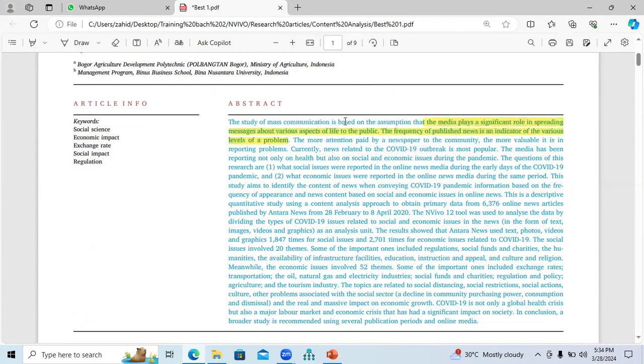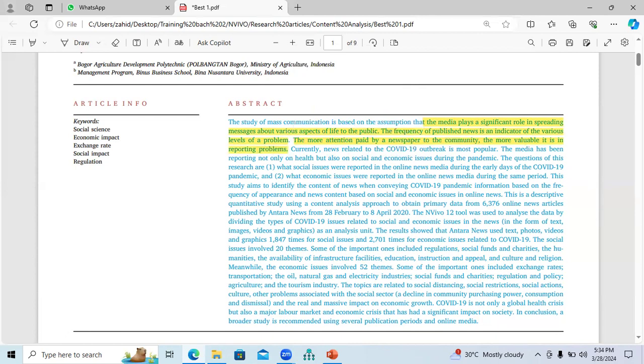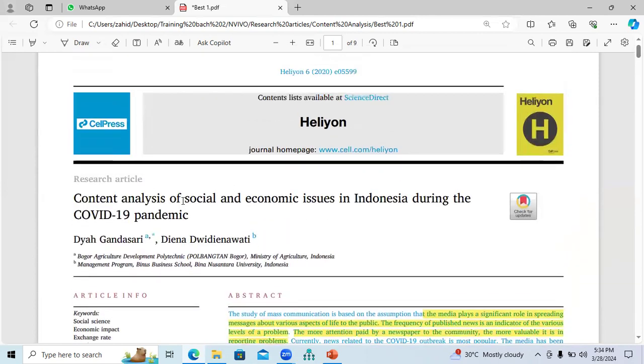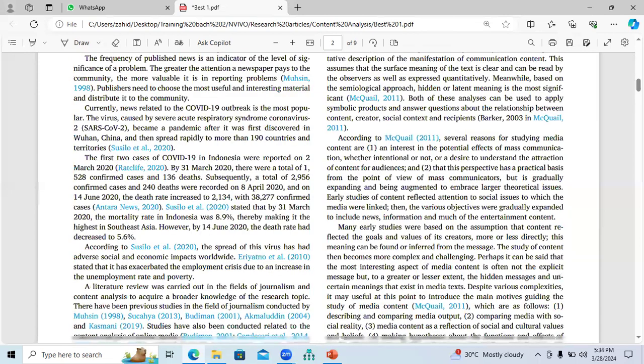Sometimes the media create hype, or media create some positive news or negative news regarding a particular phenomenon. So the more attention paid by newspapers to the community, the more valuable it is in reporting problems. This would be the purpose of the study, that they would like to see how these issues, social and economic issues, are highlighted by the media during the COVID-19 pandemic. So what they have done, how they have